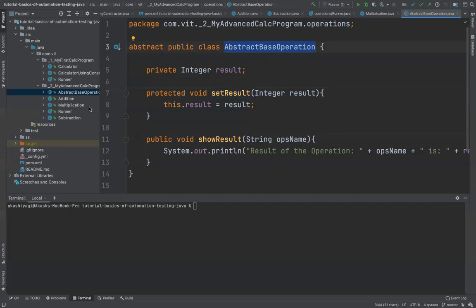If you have confusion about what this abstract is, when you try it in your system you can just remove this, because as I said, there's nothing much we are doing with the abstract keyword here. Later I plan to make use of it to explain some concepts about abstract classes, but right now it doesn't make much sense, so you can choose to remove it. Okay. Let me change this. All right, next thing here is your addition class.